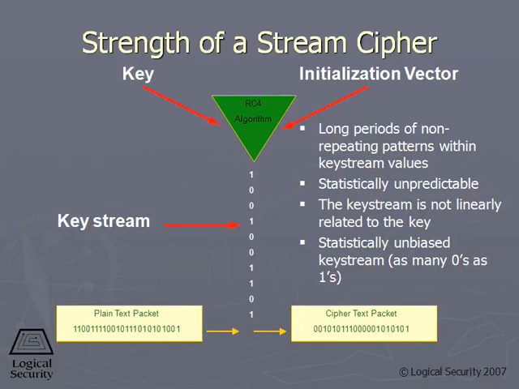So we see that the necessary parts for stream ciphers are just the key and the initialization vector, which should change each time. It's not a fixed value. If the sender is going to create a key stream from the key and the initialization vector, then the receiver has to have the same key and initialization vector values, so they can create the same key stream to reverse and